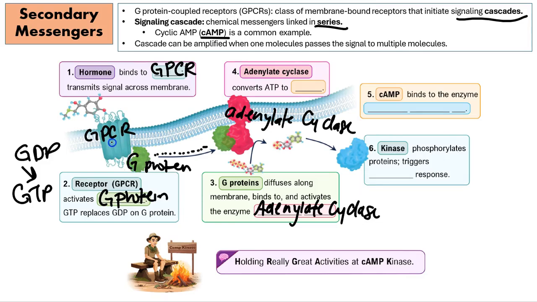We have a hormone that's going to bind to the GPCR receptor. That GPCR receptor is going to activate the G protein, creating GTP from GDP. That's going to give that G protein enough energy to be able to diffuse along the plasma membrane and bind to and activate an enzyme, which is adenylate cyclase. Now, once this adenylate cyclase is all juiced up and activated from that G protein, it's going to convert ATP,